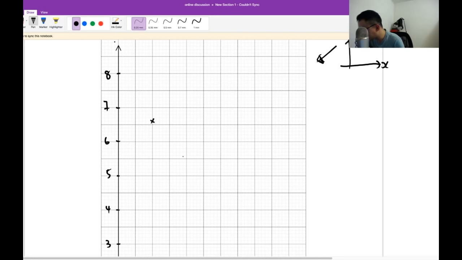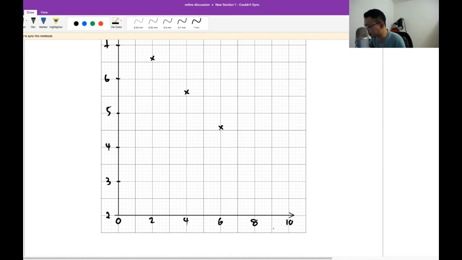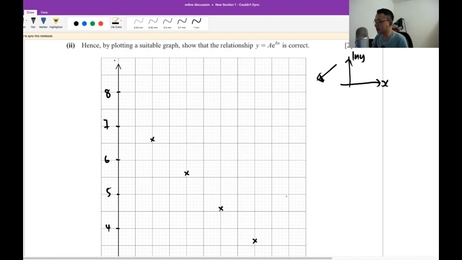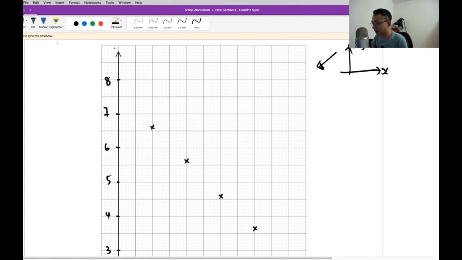And then, if I'm not mistaken, next one is 5.6. And then 4.6. And then 3.6. And last one is 2.56. Okay, this is your graph, and then I will draw again